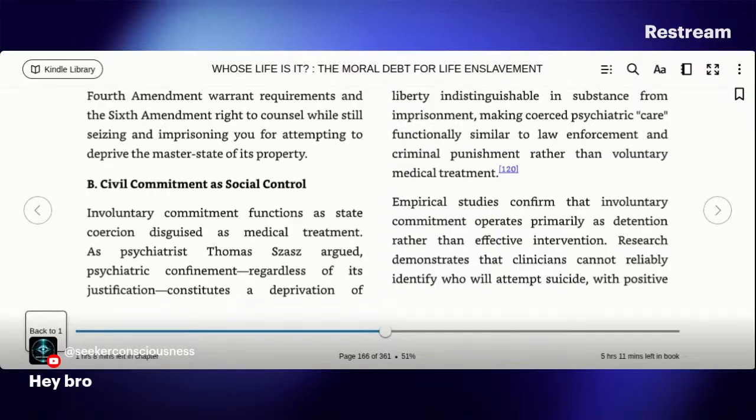Involuntary commitment functions as state coercion disguised as medical treatment. As psychiatrist Thomas Szasz argued, psychiatric confinement, regardless of its justification, constitutes a deprivation of liberty indistinguishable in substance from imprisonment, making coerced psychiatric care functionally similar to law enforcement and criminal punishment rather than voluntary medical treatment. Empirical studies confirm that involuntary commitment operates primarily as detention rather than effective intervention. Research demonstrates that